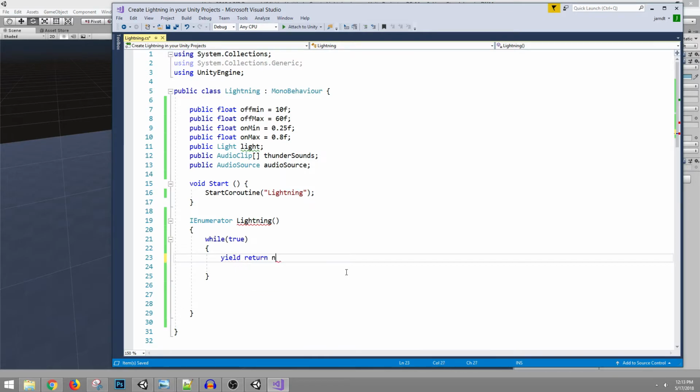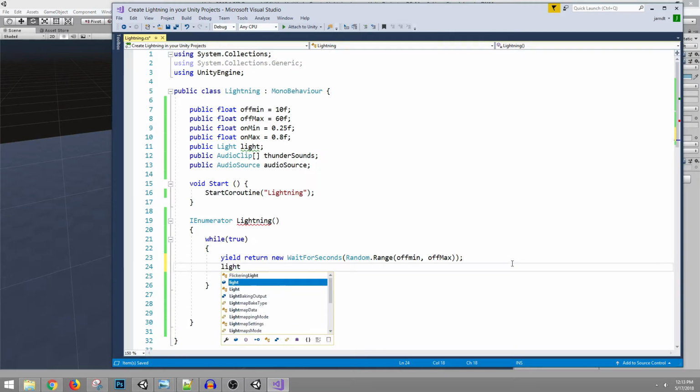return new WaitForSeconds. And then we're going to say Random.Range, and then we're going to use that off min, and then that off max, and kind of close this out with the semicolon. And then we're going to say light enabled equals true. So what this says,